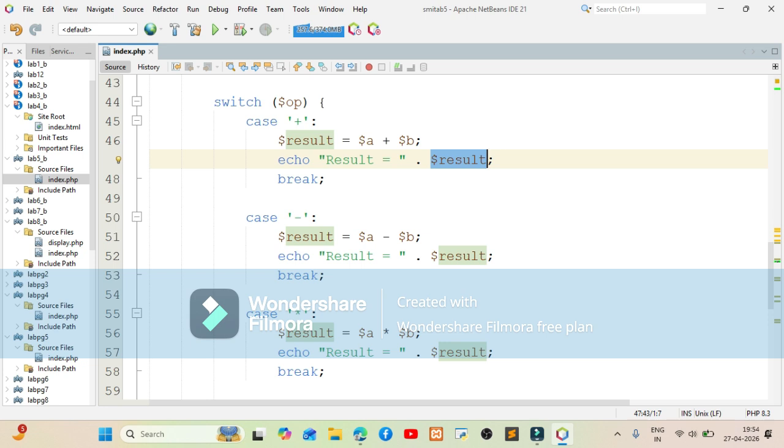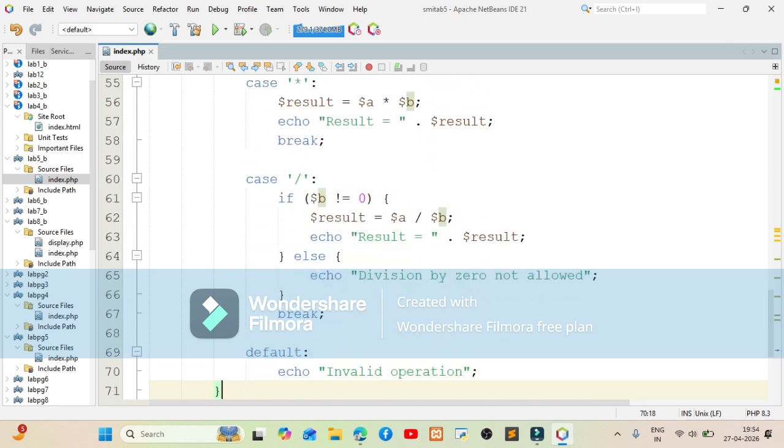If user selects subtraction, this case is active or this case is true, and we will be subtracting B from A and echo the result. As we all know, after every case there is a break. So there are case statements for plus, minus, star and slash. See this division, this is a little special.